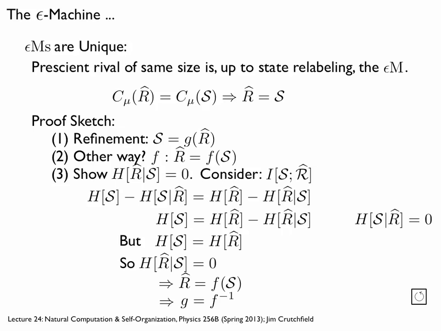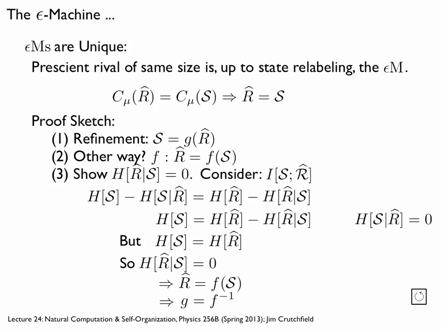So now we have that the statistical complexity of the Epsilon-Machine is these two terms. But then we assumed that the state informations were the same, at the same size informationally. So this and this are the same, therefore this term must be 0. So the uncertainty in the rival states given the causal states is 0.